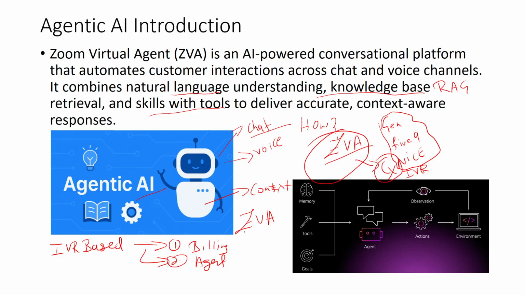For example, if a customer says, "My internet is not working," the agent can identify the issue, check account details, and initiate troubleshooting steps automatically when a customer calls for troubleshooting. These are some of the points that make ZVA stand